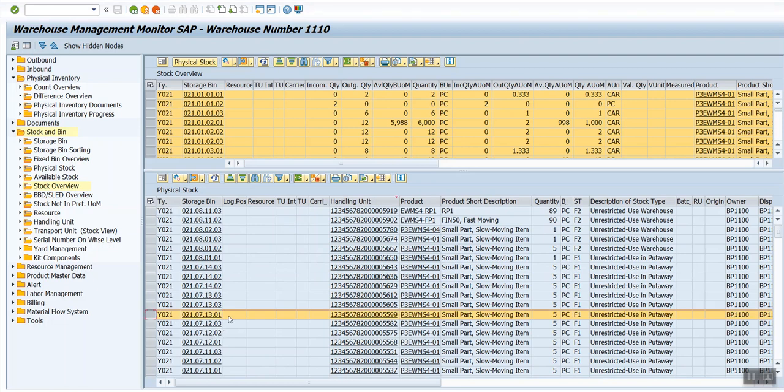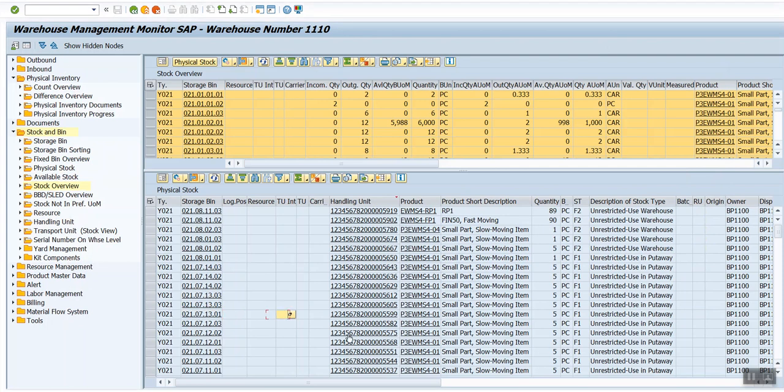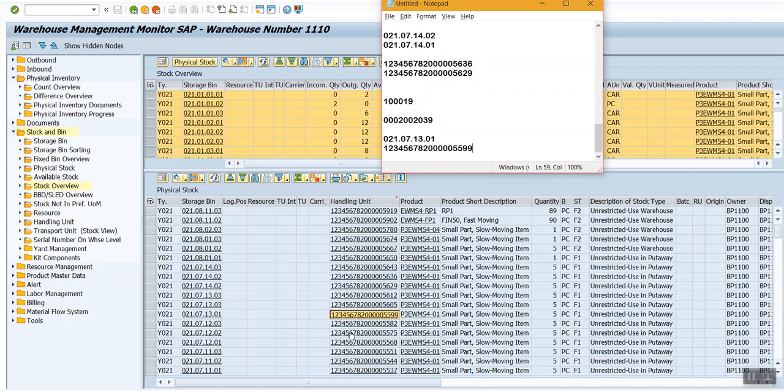Okay, let's work with this particular bin. For this scenario, this is the bin. The new HU we will create using the pack option.